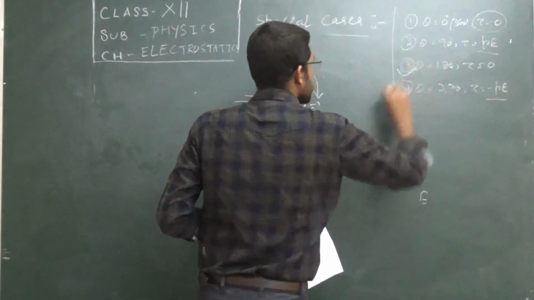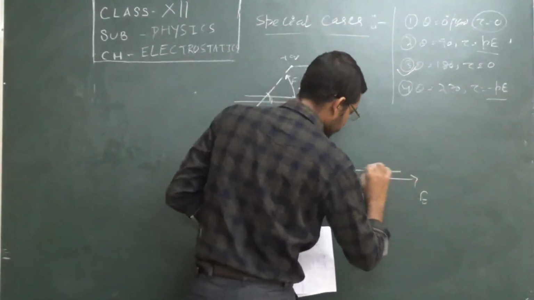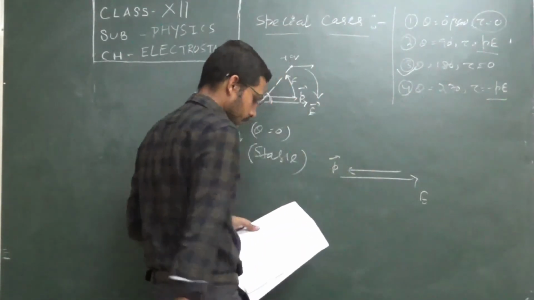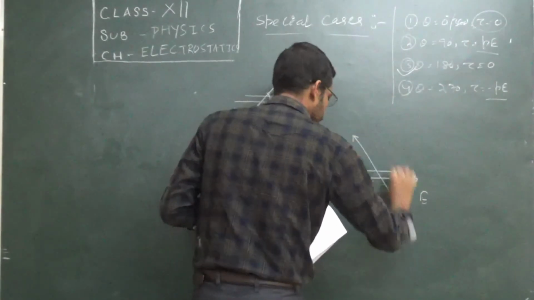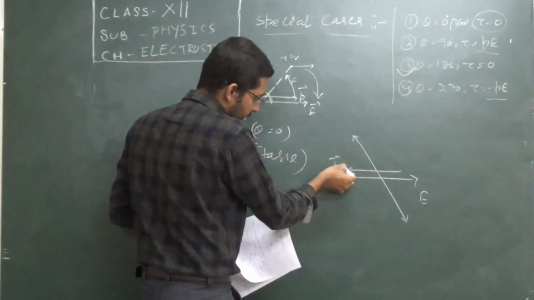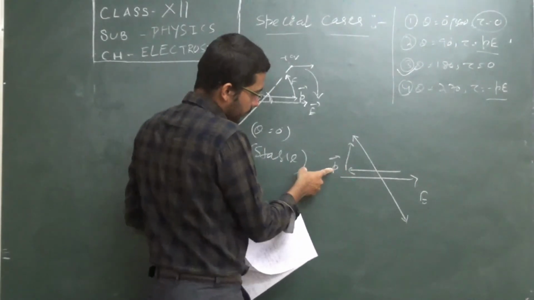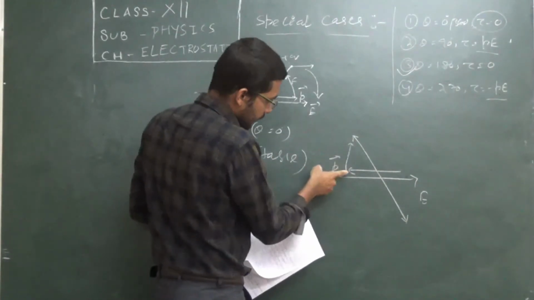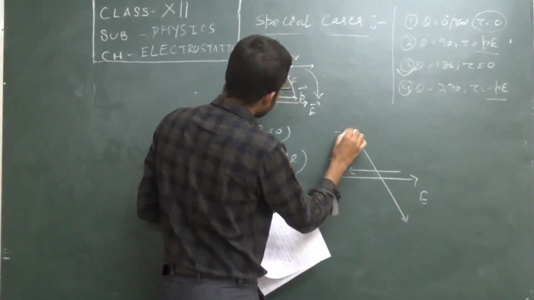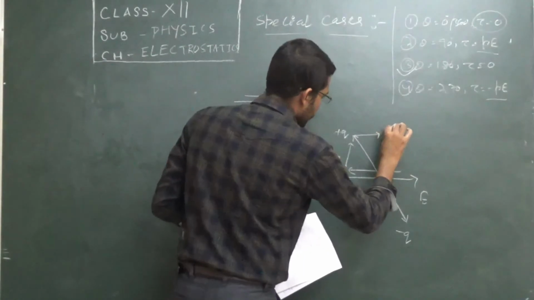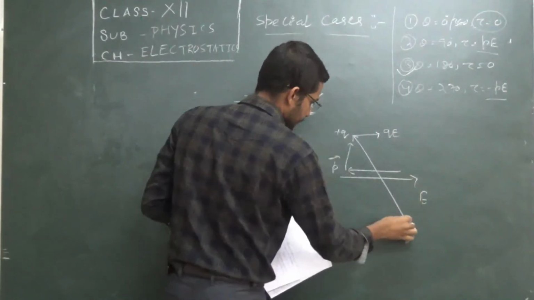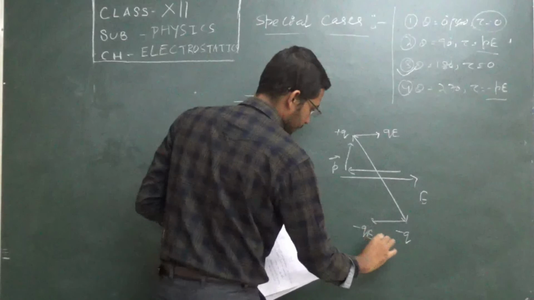Unstable equilibrium comes in theta equal to 180. So here the dipole moment. So what we need to do here? Let us say we are going to place the positioning. Now let us say I took the dipole from here to here, from this position to this position. This, let us say, is plus q. This is minus q. So what will happen? The plus q has a force along this direction. Minus q has a force along this direction.